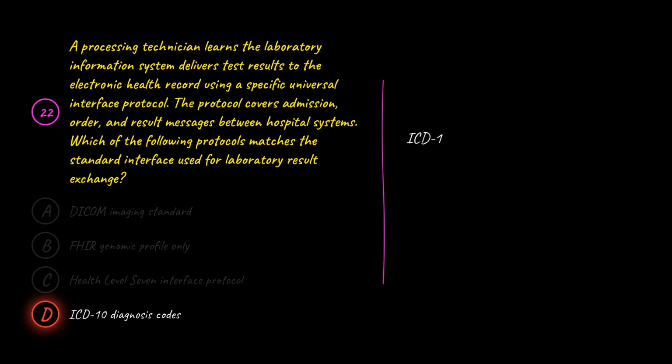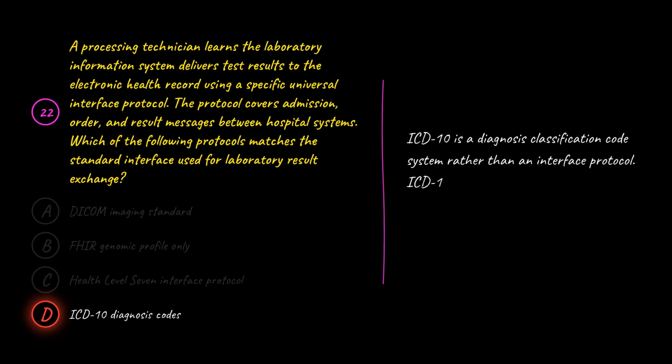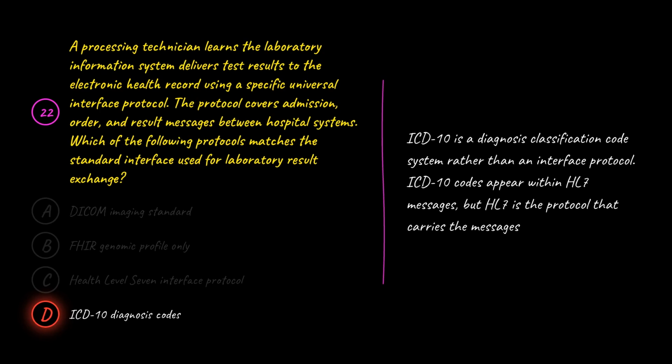D is wrong because ICD-10 is a diagnosis classification code system rather than an interface protocol. ICD-10 codes appear within HL7 messages, but HL7 is the protocol that carries the messages between systems. Health Level 7 is the universal language that lets hospital information systems talk to each other. It defines exactly how clinical and administrative data moves between systems like laboratory information systems, order entry systems, and electronic